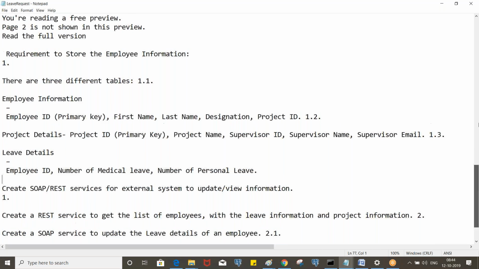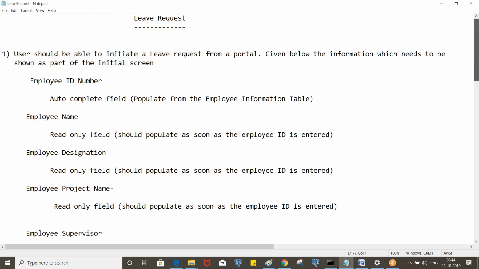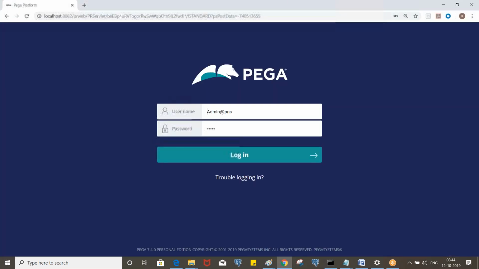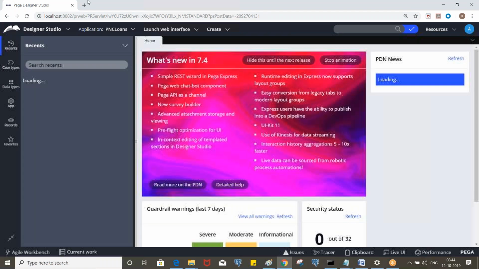Okay, fine. And regarding that autocomplete, let me show you exactly how it works. It's exactly like the Google search.